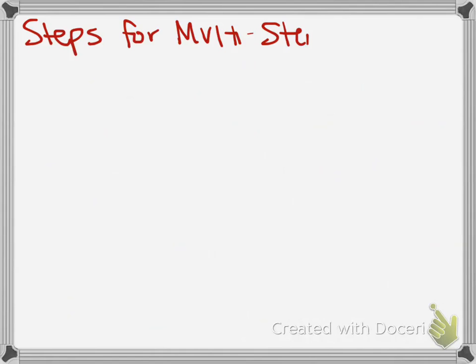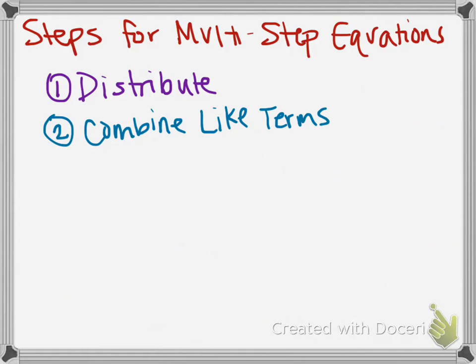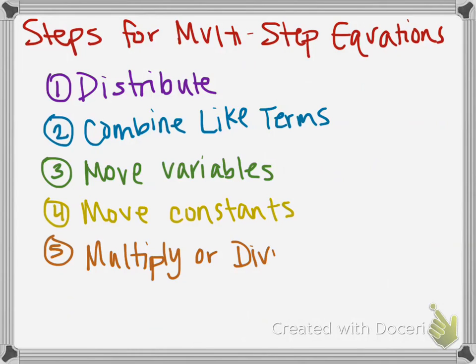So let's recap the steps real quick just to make sure that you got them all. The first step was to distribute. That's when we multiply. The second step was to combine like terms. How many of each term do we have on each side of the equation? The third step is to move the variables. Remember, we want to know what one variable equals, so we have to make sure that we don't have variables on both sides of our equation. The fourth step is to move the constant,